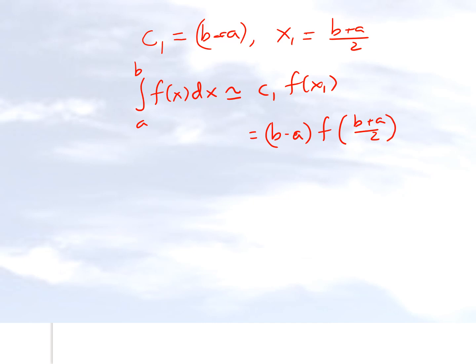And since we derived it from saying that the straight line is going to give us the same answer as the formula, that means that it will be exact for a first order polynomial. Now we're going to take an example and see how we can apply this formula to estimate the value of an integral.